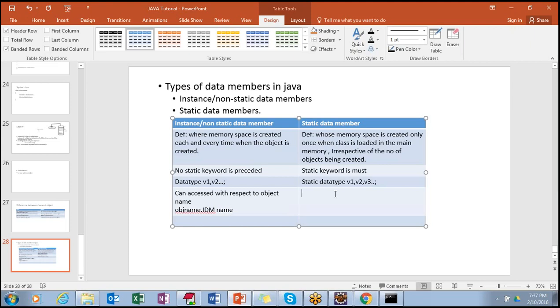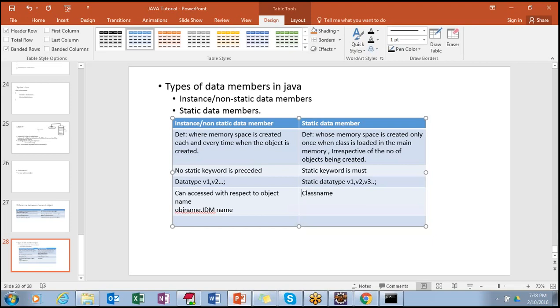In the case of a static data member, let's say SDM, there is nothing like you should only call it with an object. You can call it even with the class name. The best way, they suggest, is to use the class name and call it.